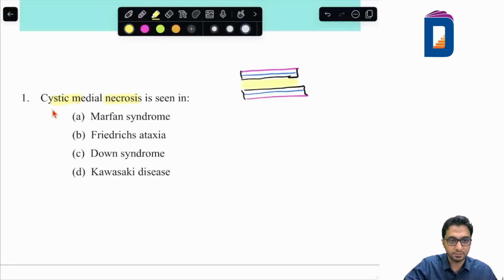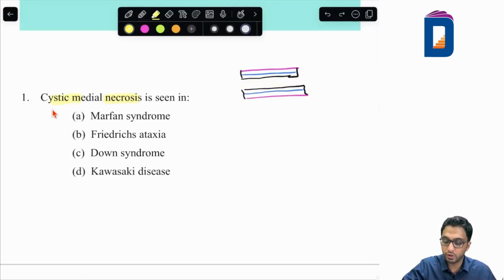What's the answer? Answer me. Okay, I'm just saying this. If you know the answer, tell me. So, as I've told you, the blue one is your media, the middle layer. That medial layer gets degenerated in a particular condition. And this degeneration leads to necrosis. This necrosis leads to